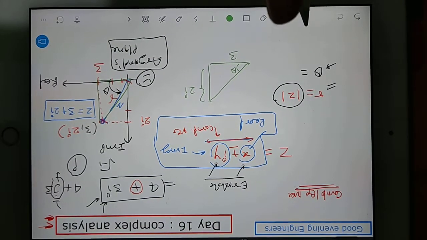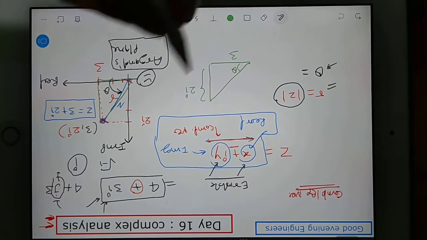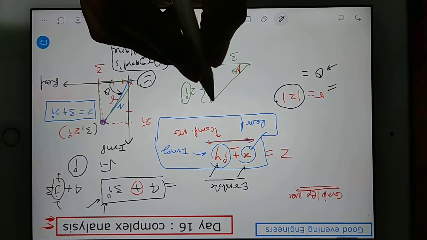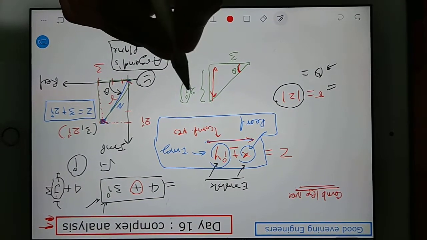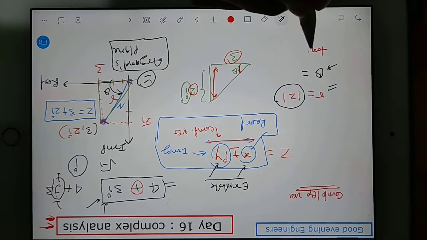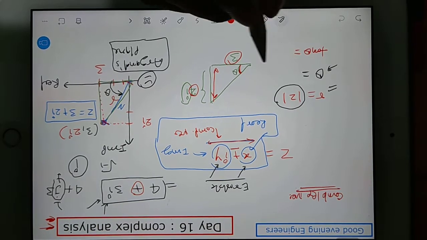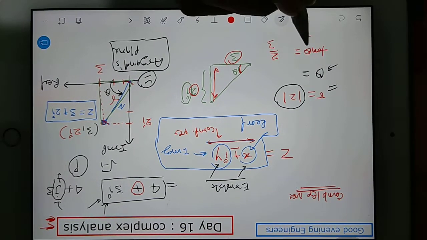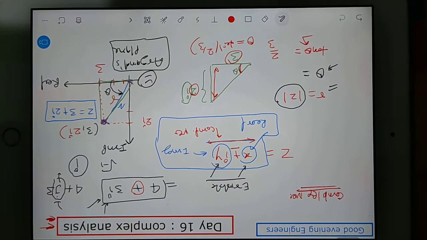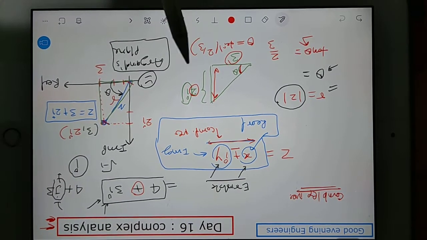But if you are bothering about theta, then you will not bother about this 2i, because theta is a geometrical part, and geometry means you only have to bother about the length. So that length is 2 units, and here the length is 3 units. So you just apply the tan theta concept, 2 by 3, and you can find your theta value as tan inverse 2 by 3. So right now, what you are seeing became your theta value.